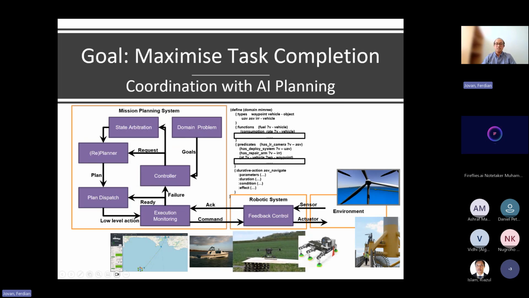So there's nothing novel here. Just make sure that all the sensor information and the state of each robot is captured. So information about the wind speed, humidity, GPS location, as well as remaining battery capacity is captured and also represented in the domain and problem files. This information is important to make sure that it's updated regularly to ensure that the world state is accurately represented here.